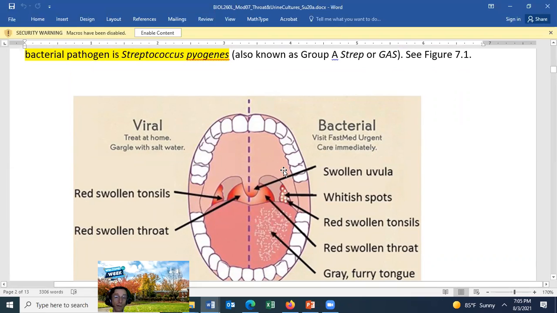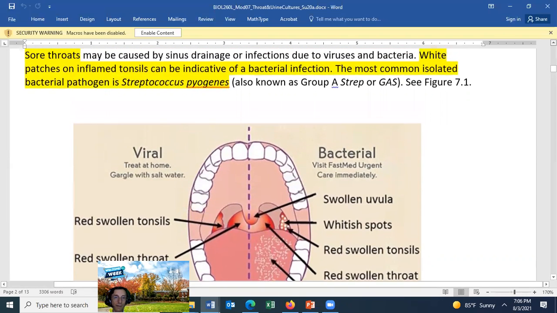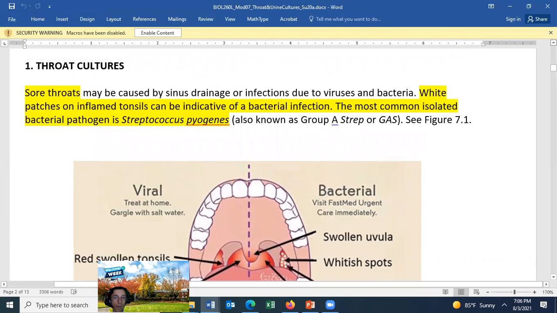If it's bacterial, you can treat it with antibiotics. If it's viral, you should tell the patient, essentially, to try and get lots of rest and drink lots of fluids. There are some antiviral drugs, but they usually don't prescribe them unless the virus infection is very severe. The most commonly isolated bacterial pathogen from the throat is Streptococcus pyogenes, and it's also called Group A strep,